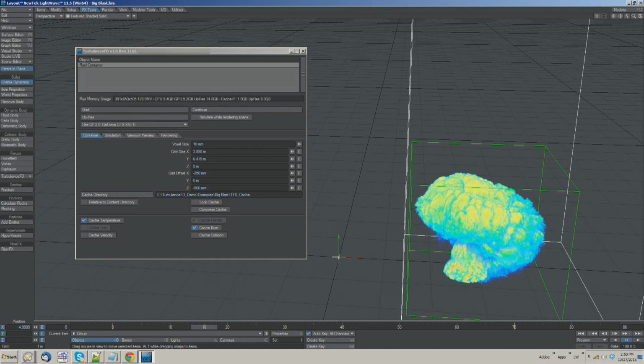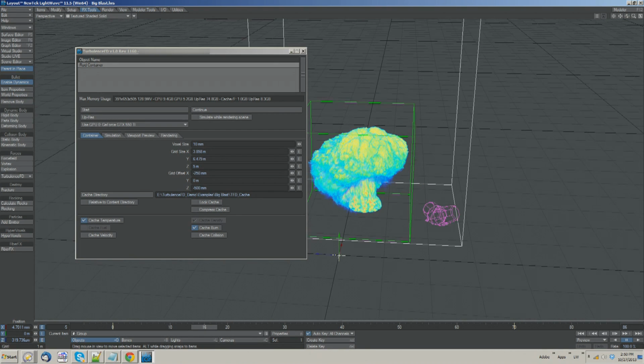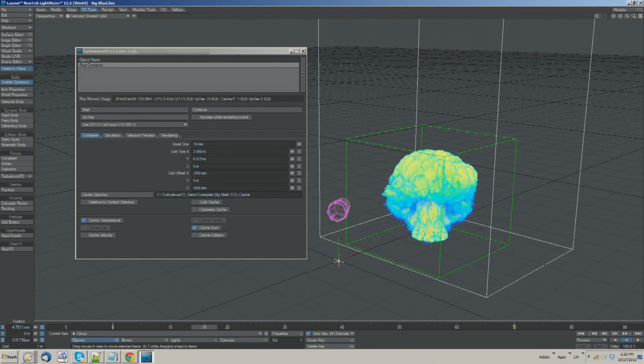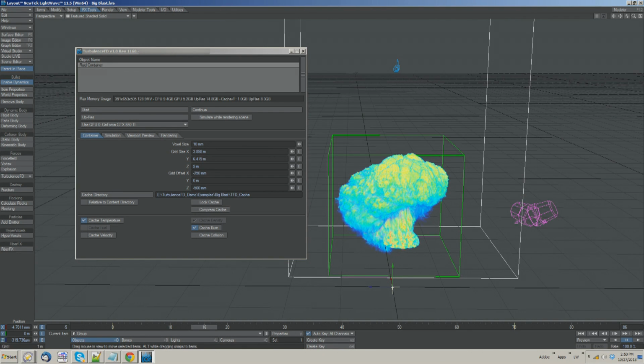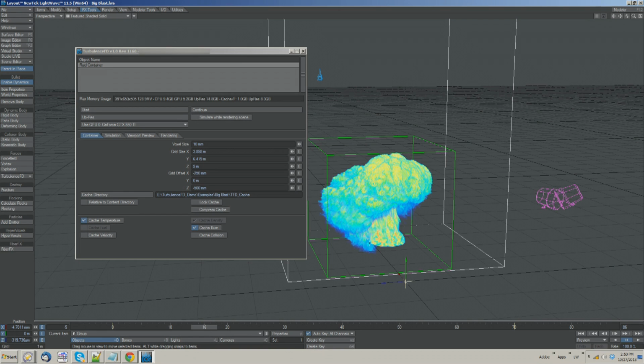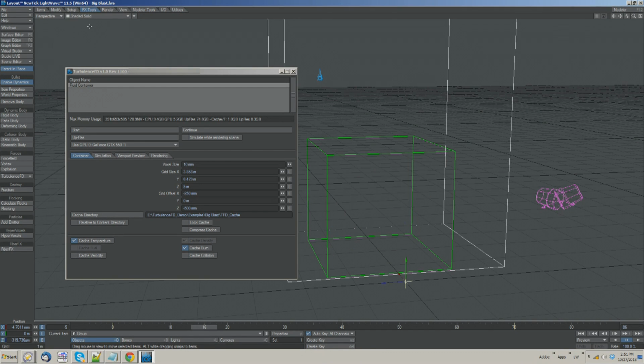Now, there are quite a few really cool things about Turbulence, and being able to look around the contents of your volume in OpenGL is really one of them. It takes so much guesswork out. But I'm going to be assuming that people will be grabbing the demo and playing with it, so a couple of things to point out before we really start getting into the meat of the panel, which is that your view really needs to be set to at least textured shaded solid, because as I say, all these voxels are textured data containers. So if we turn textured view off,